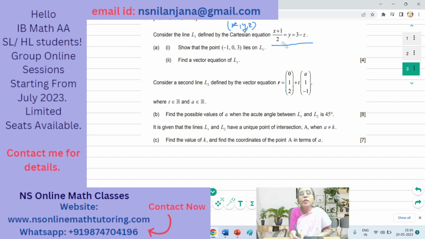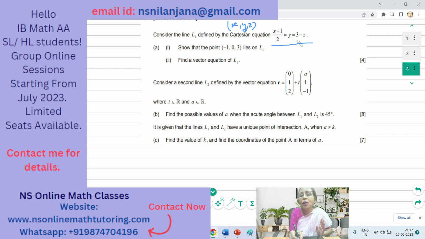X plus 1 over 2 value may be different for different points. It may be x plus 1 equal to 10, y equal to 10, and 3 minus z equal to 10. All three of them are equal to 10 each. Or it may be x plus 1 over 2 equal to -1, y equal to -1, 3 minus z equal to -1. The value may be different for different points, but whatever value we get for the expressions given